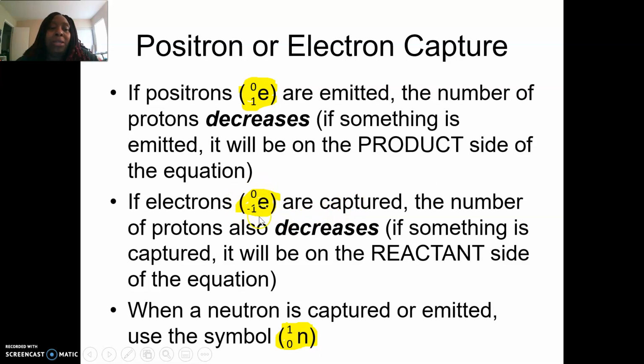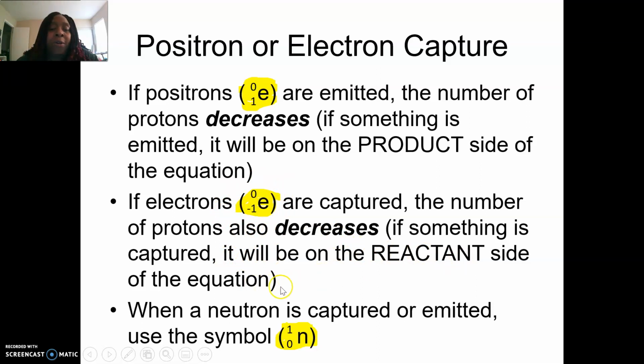You'll put a lowercase e. Your mass number will be a 0. Your subscript or your charge will be a -1. If it's captured, that means that it's taken in for the reaction to happen. The proton number is also going to decrease, but you're going to put that electron notation on the reactant side